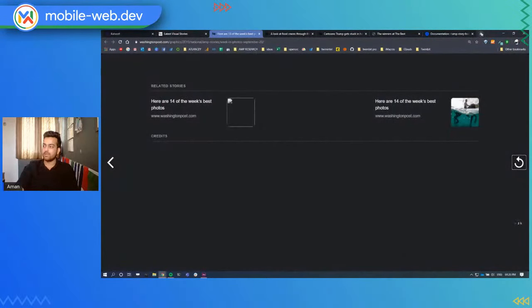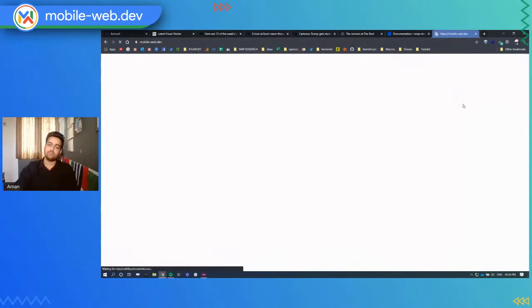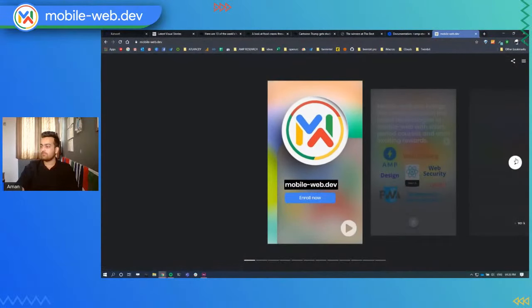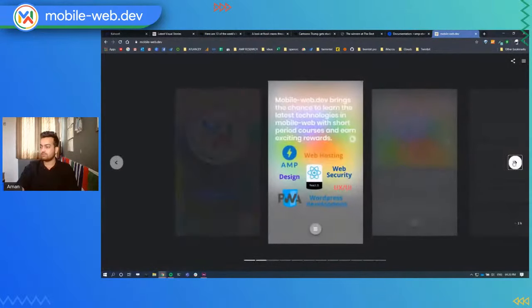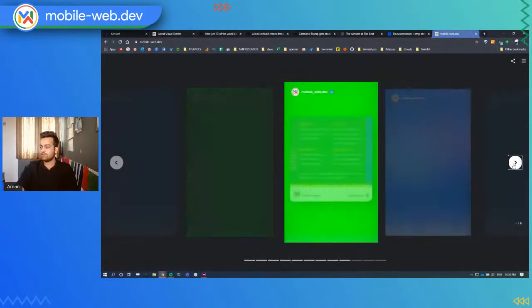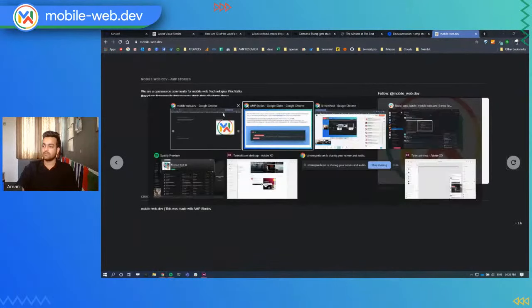This is the bookend. Now if you go back to mobile web dev, which also uses AMP story, if I go to the end part, yes, this also has this bookend, and how we have written the text and everything over here is using the bookend JSON configuration that it gives.